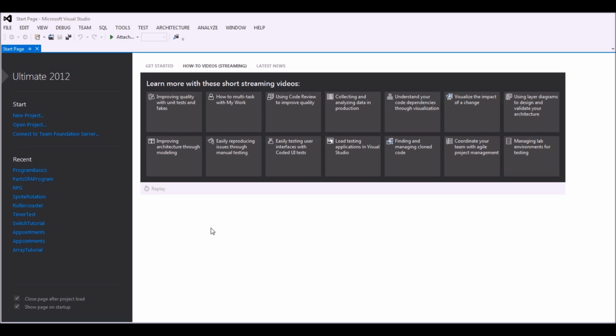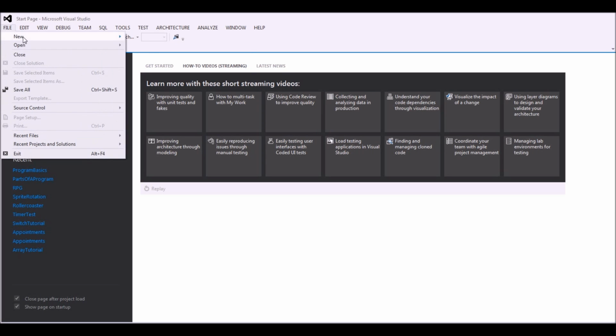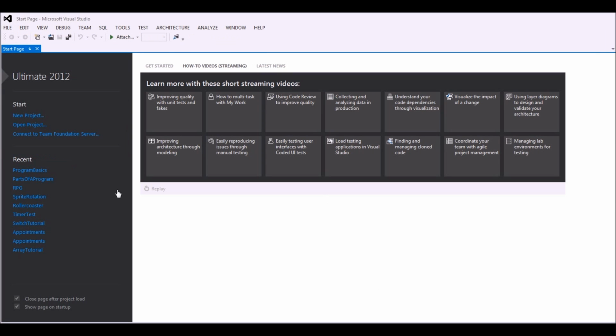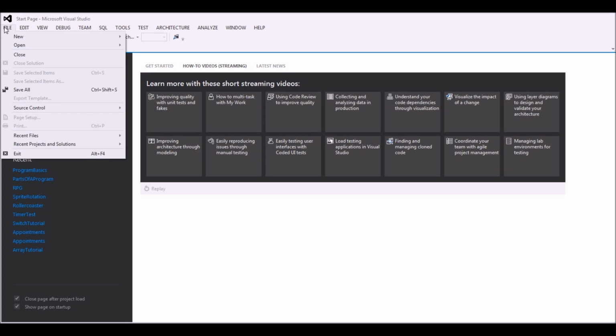So in order to start a new program, you have to go up to File here, New Project. Now I know you can see here it says Start New Project, and that's fine if you've got Visual Studio 2012 edition, but I don't think this option is here in the Express editions. So the way to do it for all of them would be go to File, New Project, and if you click that,